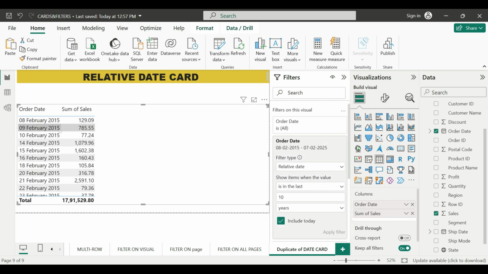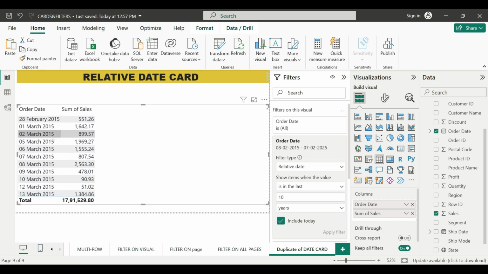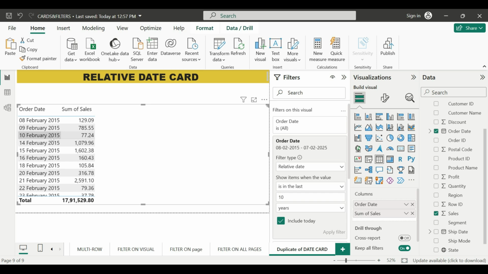So here you see 2015 is in the last 10 years. The entire table will only give you data for the last 10 years. If I open the file next year, this particular data will keep on changing. In fact, if I open it next month also, this data will change. So it's just one simple table example; you can apply it for all the charts or visuals, so you can create reports one time and the report will automatically refresh for every month, year. And that's very simple. So I hope you have understood how to work on relative date filtering.